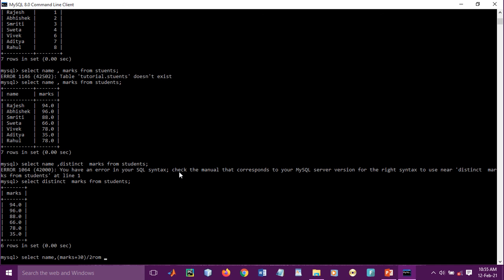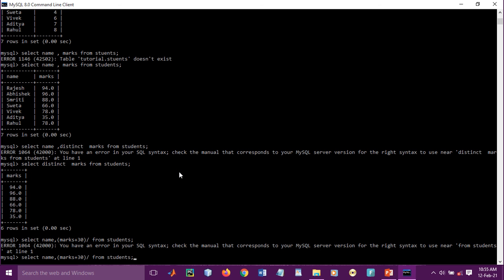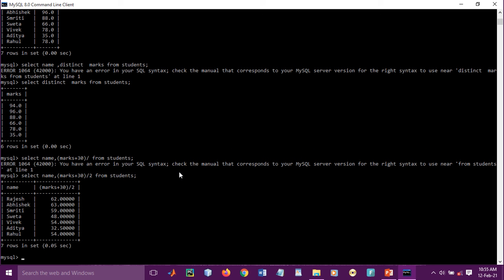So how would they look? Select name and marks from our table students. Their marks will be like this with their corresponding names.